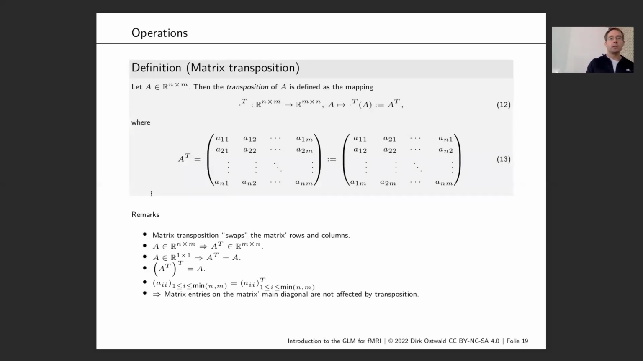Matrix transposition is somewhat arbitrary, but it exists for matrices and is often used. It means that you swap the rows and the columns of a matrix. So if you have, for example, this matrix here and you have the first row, if you transpose it, and I will always write this little superscript T for the transpose of A, that means in this